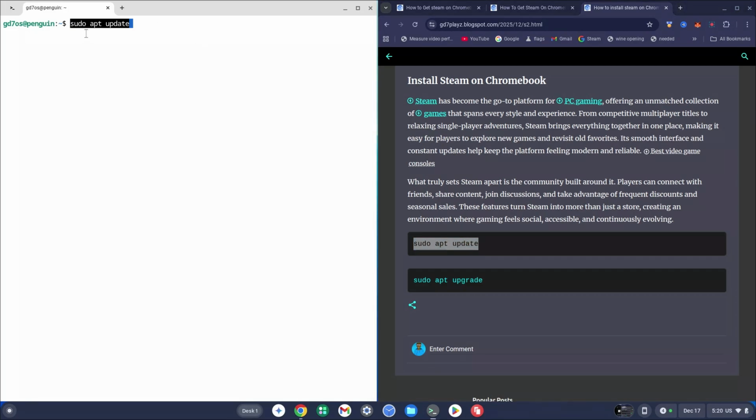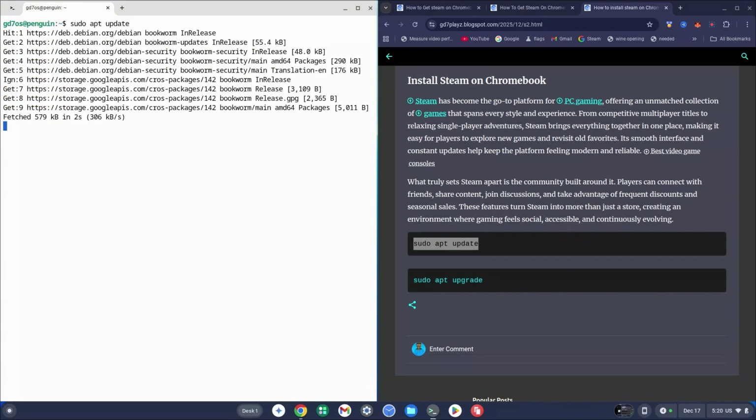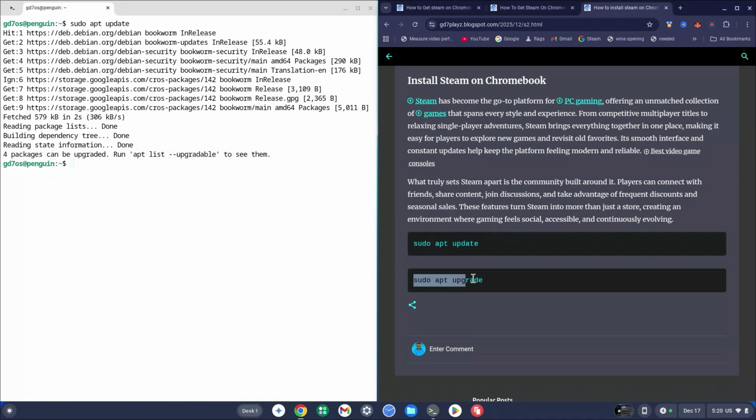Right click into your terminal to be able to paste it and then hit enter right away. Now, for some of you, because you've already done this before or you might have done something similar in the past, you might not get the same message. However, just go ahead and proceed with sudo apt upgrade and right click this also into the terminal and hit